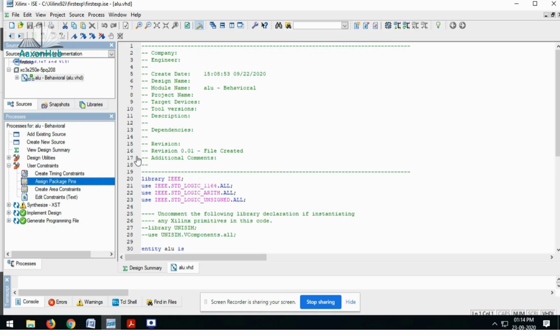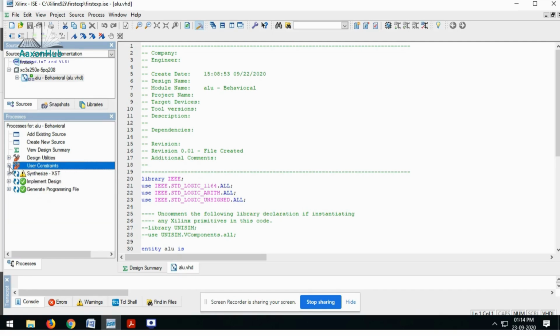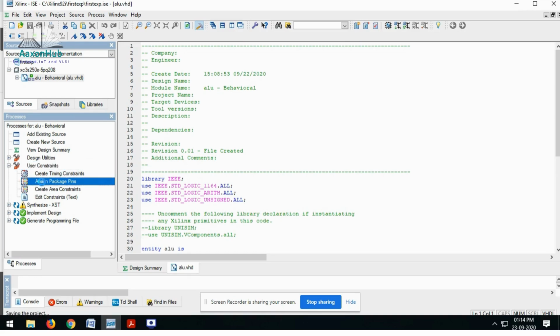For that we require a UCF file to be updated as per the assigned pin package for your hardware. To assign the pin package, every time you have to go to this user constraint. Click on this user constraint. There you will find one option, assign package pins. Explore that option.